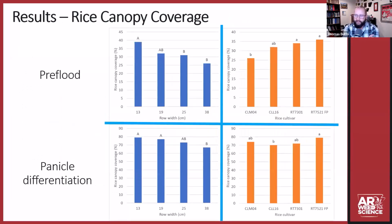Now, where some of this gets a little bit interesting on the rice side of things, if we look at rice canopy coverage at pre-flood, so we're talking 5 to 6 leaf rice, it really follows what we would expect as far as a trend goes. So again, the narrow row spacing had much more canopy coverage than our wider row spacings. We covered that ground a little bit better. We had less open space. On the cultivar standpoint, it followed the trend of our hybrids having quicker and more vigorous growth